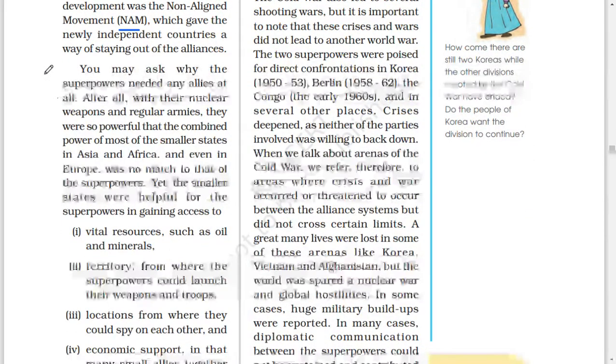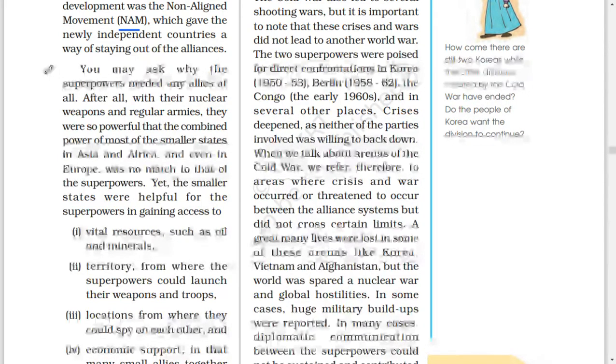You may ask why the superpowers needed any alliances at all. After all, with their nuclear weapons and regular armies, they were so powerful that the combined power of most of the smaller states in Asia and Africa, and even in Europe, was no match to that of the superpower. Yet the smaller states were helpful for the superpower in gaining access to